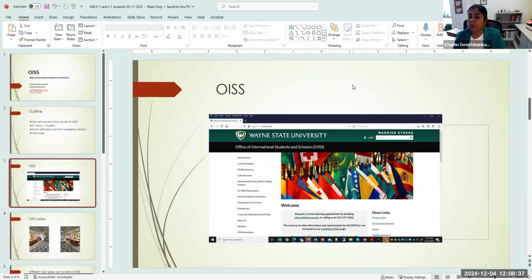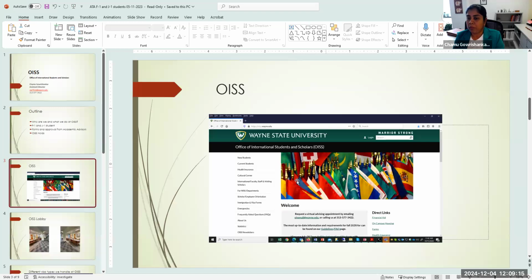They come, talk about any problems they have, or we bring some guest speakers and they share their information from their department. So that's something we do once every month. And then we have International Education Week, we have Global Festival, and then we have programs for the international student spouses, where they come and get together and they talk about some of the challenges, and we try to find some solutions for them. So those are some of our programming events that we do.